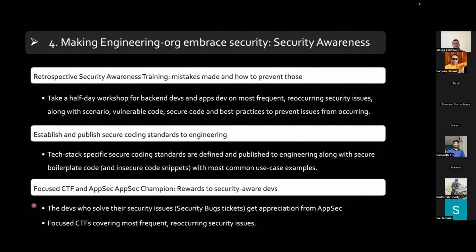Once you do focused security awareness activities, your org will understand: these are the mistakes you have made in the past, this is how it was made, and this is how we ensure that this does not occur in the future.